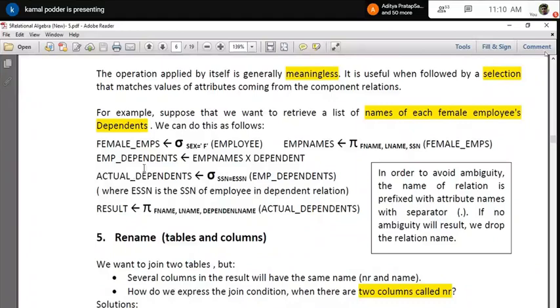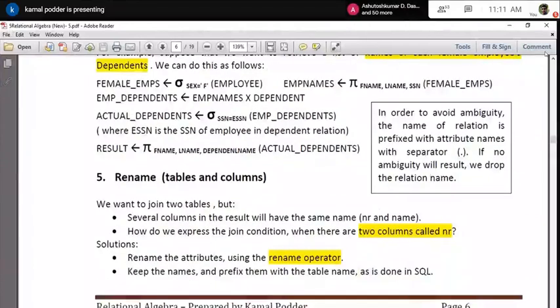I have joined that. Now what I have done, mind it, in the dependent table, the dependent also has some SSN, and it is also indicated who his mother or father is. That is also indicated with some SSN, and that is the reason in the dependent table I am calling the employee SSN as ESSN. Understand? So naturally here I am applying a select operation.